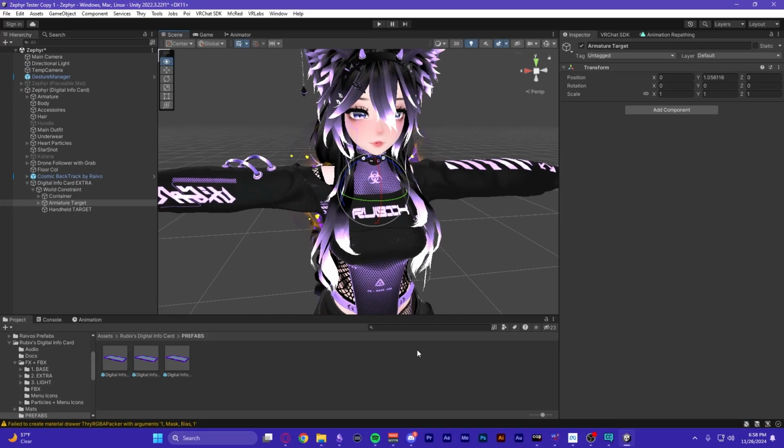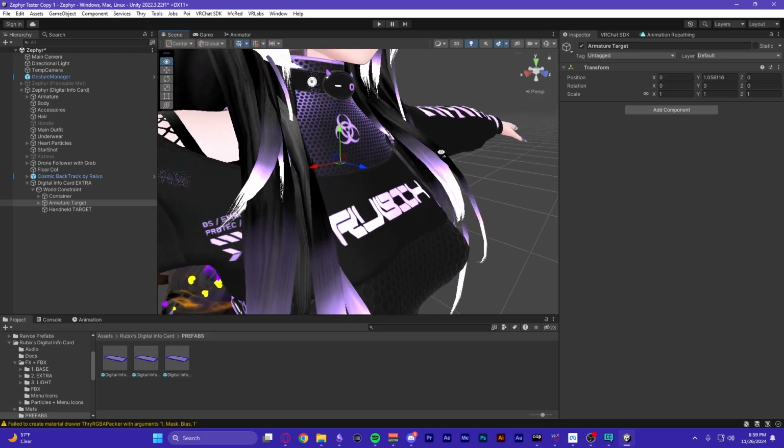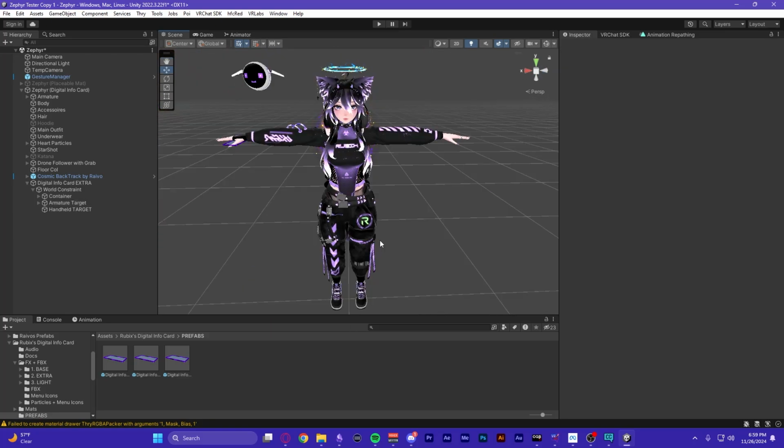With the armature target, do note that you don't need to rotate this, nor do you have to move the X or the Z axes. Just make sure that you move the Y axis to the point where it feels nice coming out of your chest. So for me, I like to have it around here. Now once you move those 2 targets to where they feel nice for you, now you're ready to move on